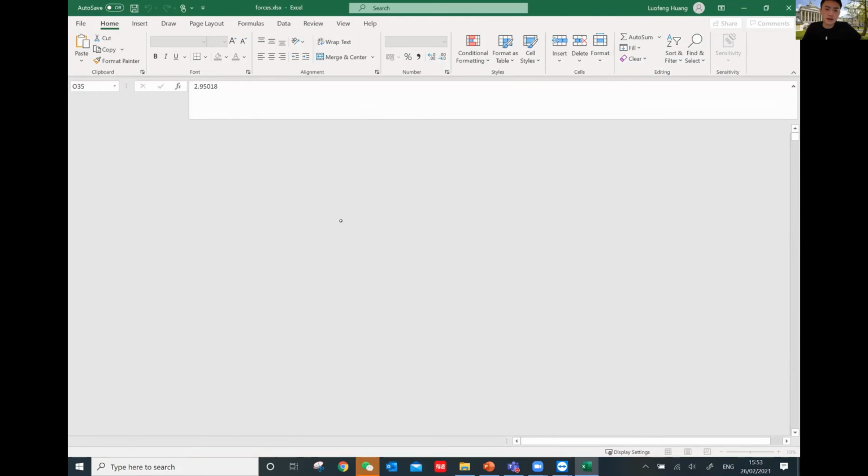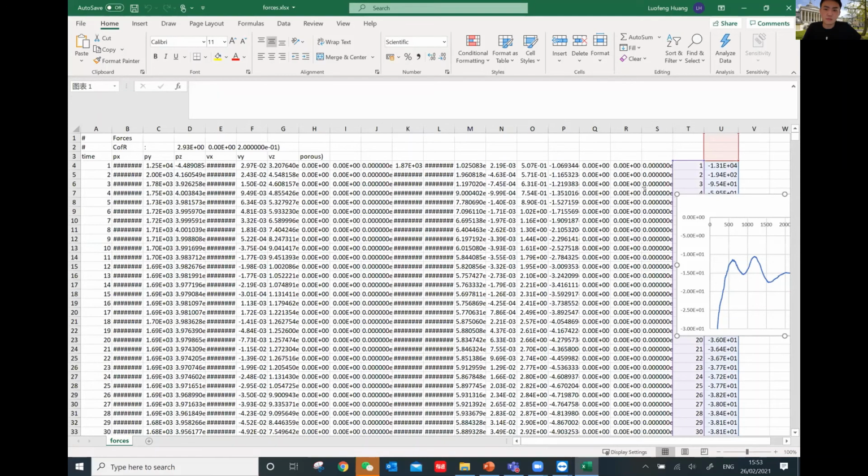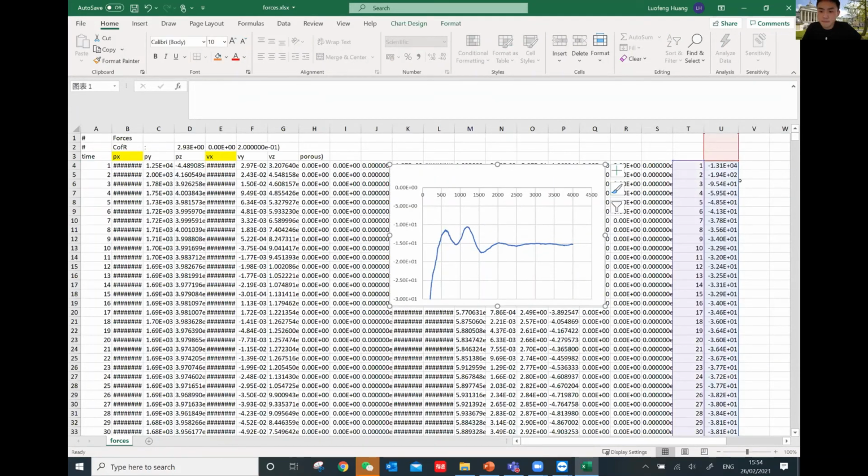So in this file, this picture I already made, but forget about this. Just look at everything before T. So this will save a file for the force, and Px, Py, Pz is the pressure force in the X, Y, Z direction. Vx, Vy, Vz is the viscous force in the straight direction. So we want to know the pressure force in the X direction and the viscous force in the X direction. So we calculate and add it before at this, and then plot it against time, and